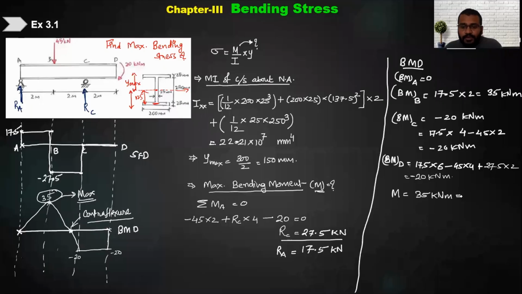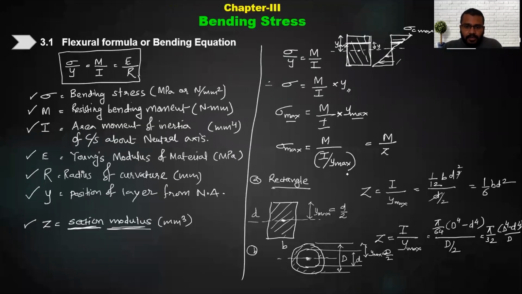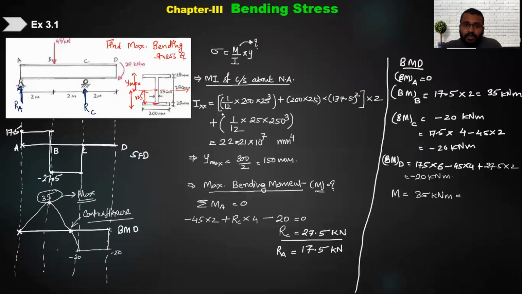But I will not be using this value in my calculation. If you remember the earlier slide which I had shown you, your moment should always be in which unit? Newton millimeter. You should not write in kilonewton meter, because the rest of our calculation, I, Y, is all in millimeter, so you have to convert. So kilo is 10^3 and meter is also 10^3, so it will be 35 into 10^6